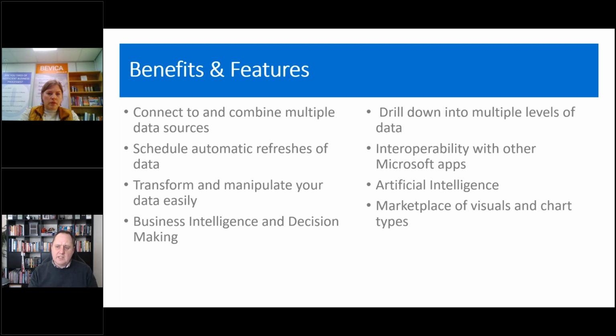You can do that without the need to open a brand new report or something outside of the system. We can do it all within the same data, and interoperability with other Microsoft apps. So as you'd expect, Power BI, as it is a Microsoft application, plays well with Teams and can live within Teams, SharePoint, PowerPoint, any really tools that you've got, it can live with and work with really well. The AI feature is really neat.